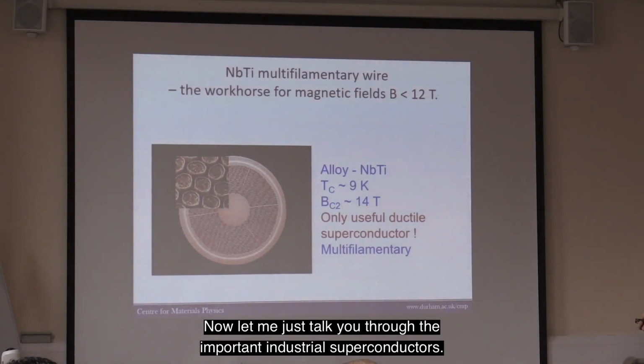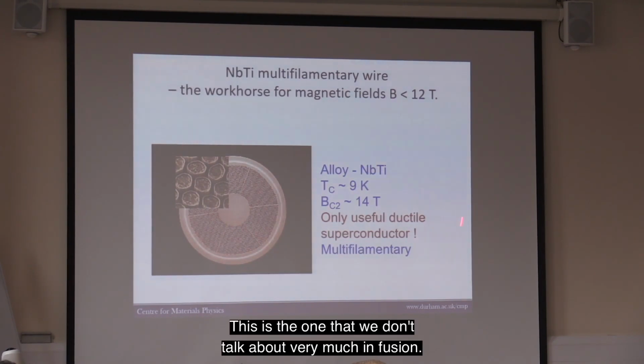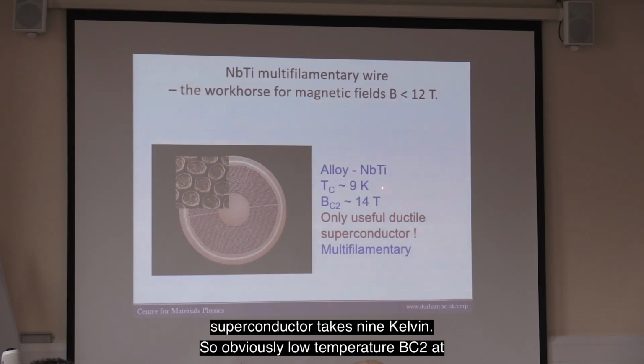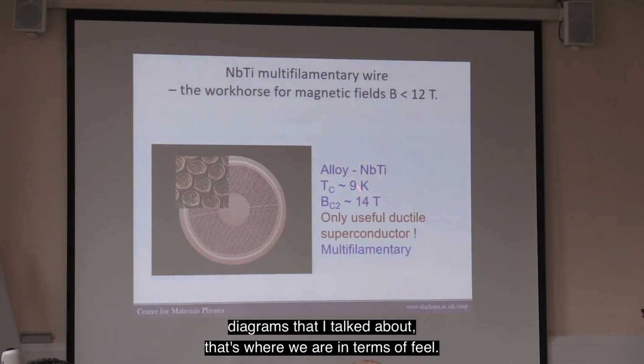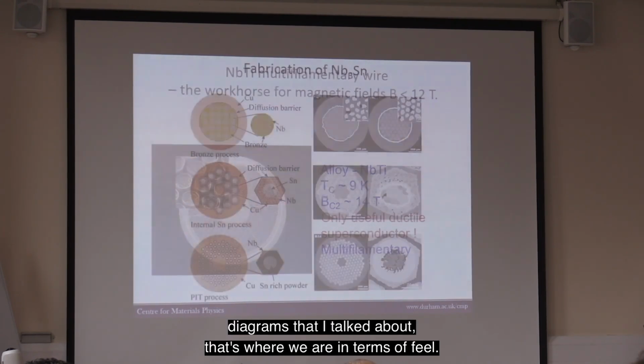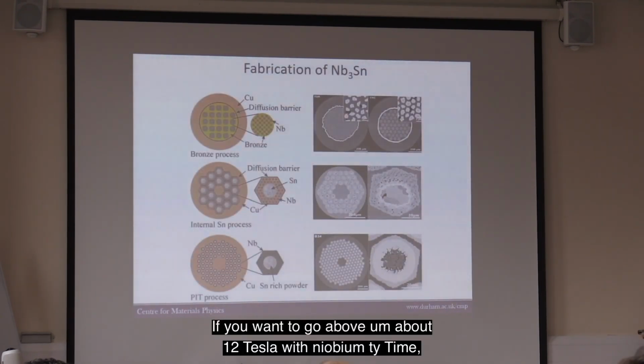Now, let me just talk you through the important industrial superconductors. This is the one that we don't talk about very much in fusion. I think that's a mistake, actually, but anyway. It's a low temperature superconductor. It's the only useful ductile superconductor. Tc is 9 Kelvin, so obviously low temperature. Bc2 at 0 temperature of about 14 Tesla. So if you think about those phase diagrams that I talked about, that's where we are in terms of field. If you want to go above